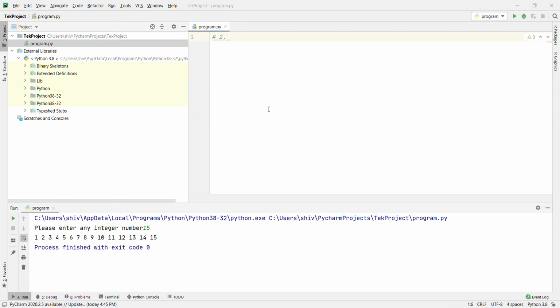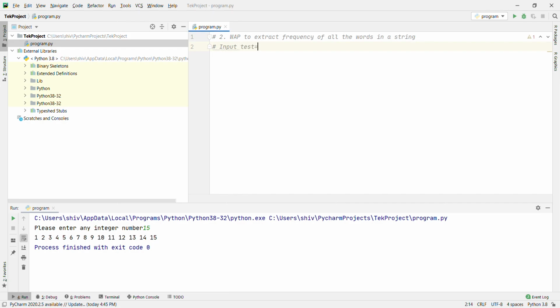In the second program, we are going to write a program to extract the frequency of all the words in a string. What will the input be? The input will be a string.